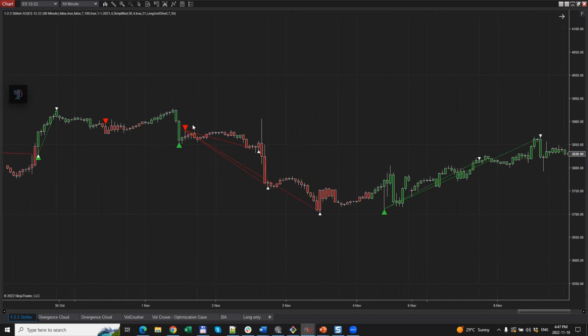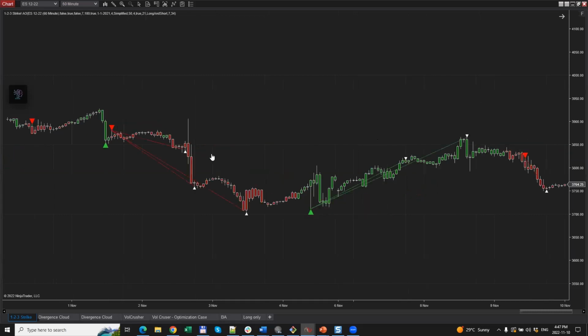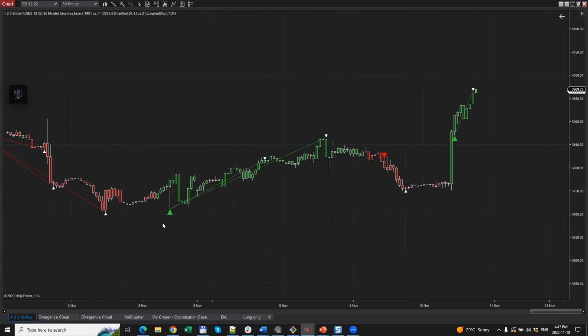So here we had a short entry, and we had 1, 2, 3 partial exits. And we thought this is very important because entering into a trade is only really one half of the story. Once you're in a trade, you need to manage it, and you need to eventually close out the trade. This is why all our indicators, all 3 of them, come with exit suggestions. So these are the exits for a short trade, for example. And here we have a long entry signal with 2 exits.